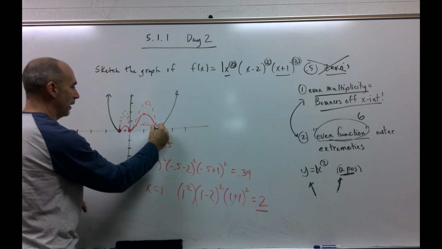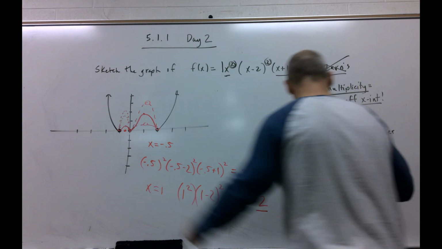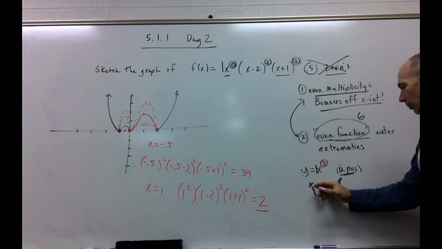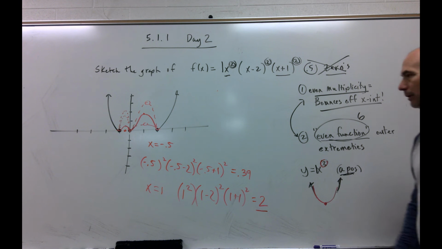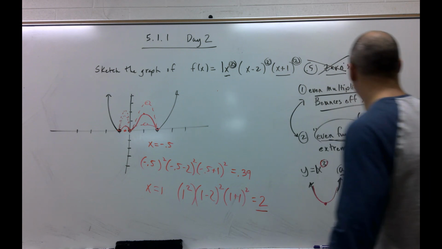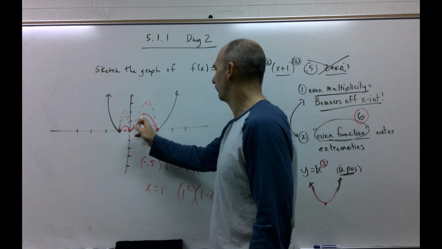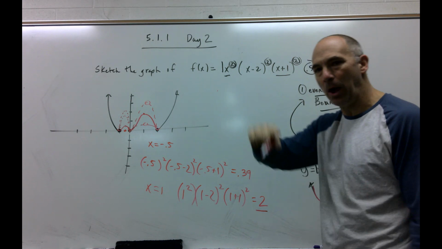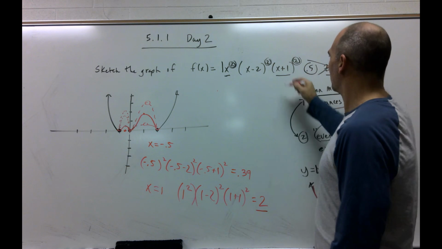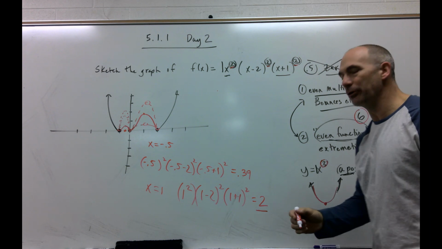And I want you to get out a magnifying glass, and I want to show you a couple things. Remember, this highest power was a 2, and we had a parabola. There's 1 turning point. This, the highest power is 6. And I want you to notice we got 1, 2, 3, 4, 5 turning points. There's always one less bump or turning point than the degree of the polynomial. And that's another rule you can tuck into your back